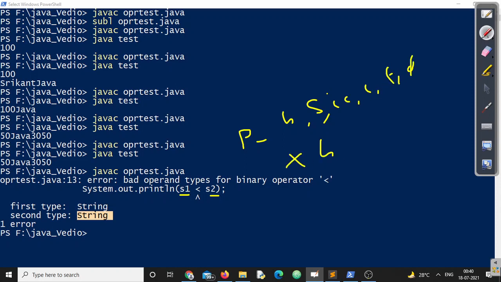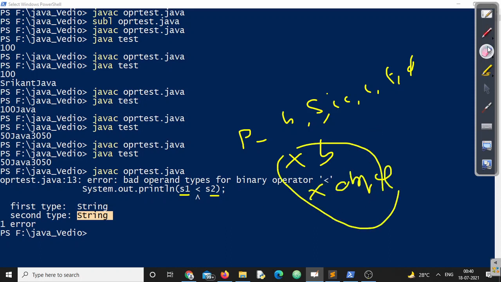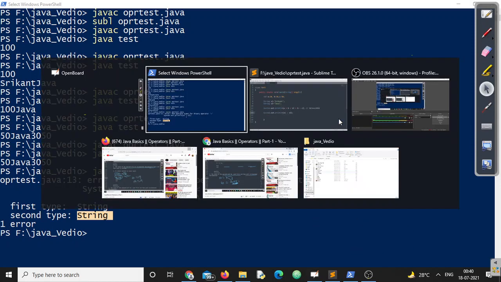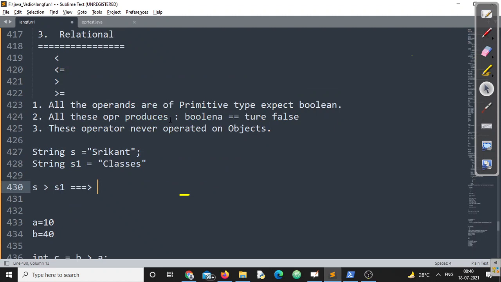It cannot be boolean, and it cannot be any other type. Remember this point: relational operators cannot operate on reference variables. Make sure you understood this point. So that is all about relational operators.